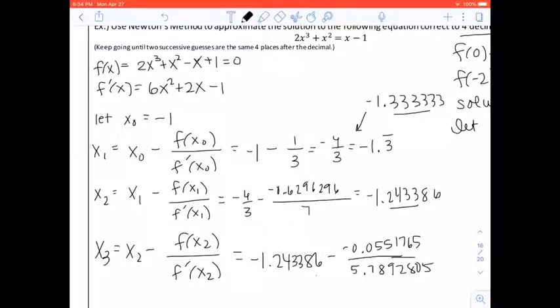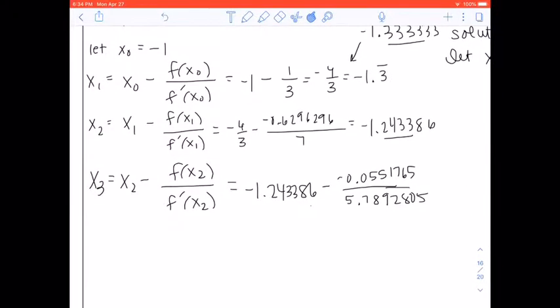And then working this out, I get -1.2338855. Looking at those first 4 digits after the decimal, you'll notice that they're getting closer to one another, but